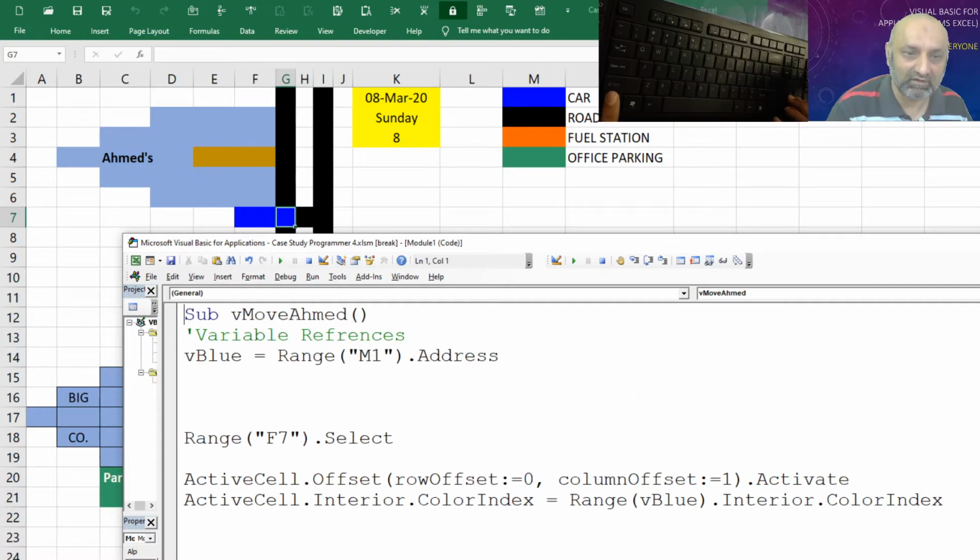But first get the colors. Blue is in M1. Do we need to give Range M1.Address all the time? No, I just did that for you to understand that we can pick up the address of a cell.